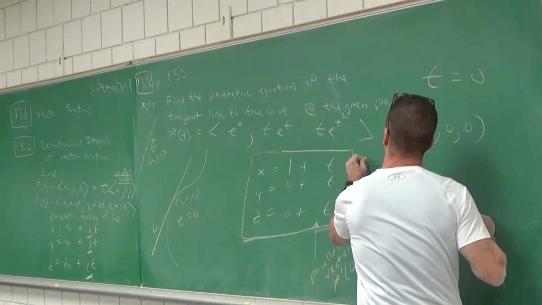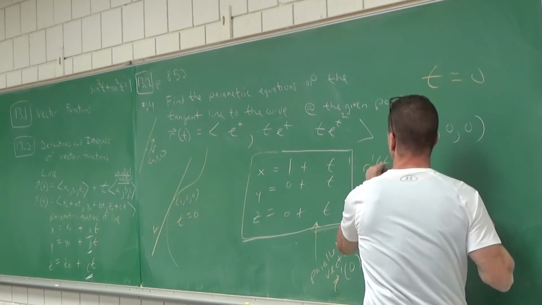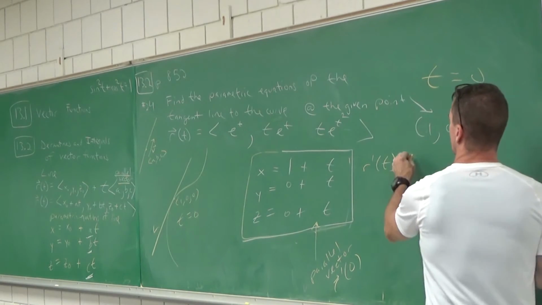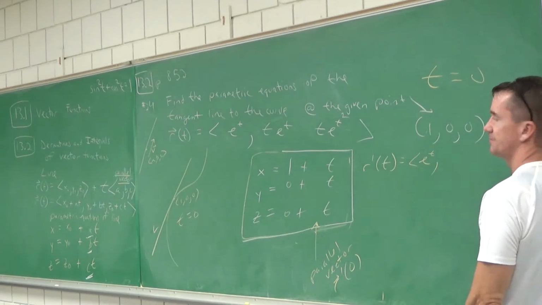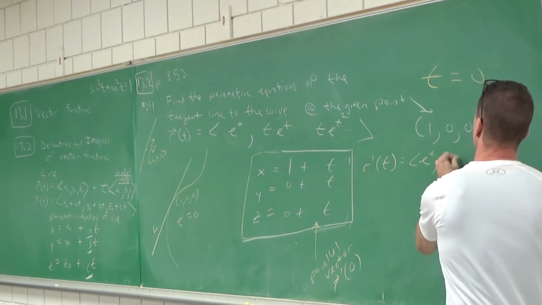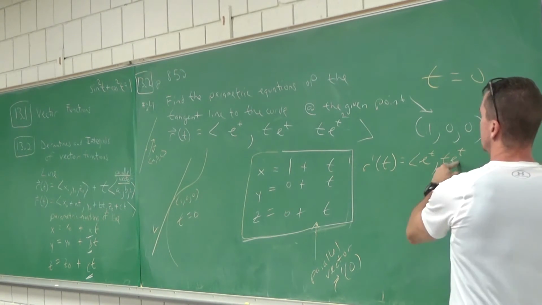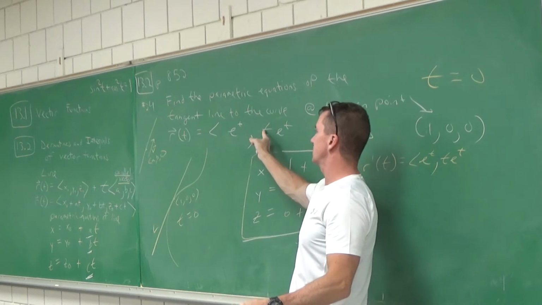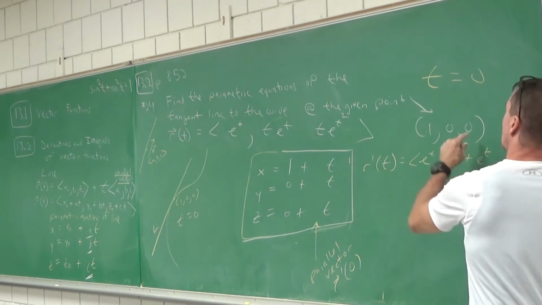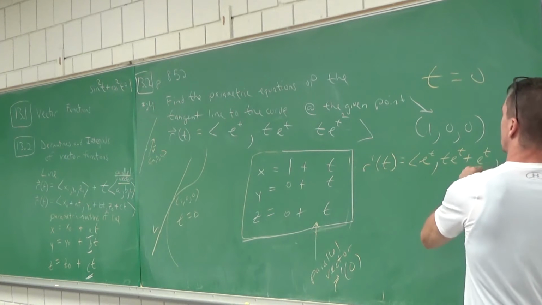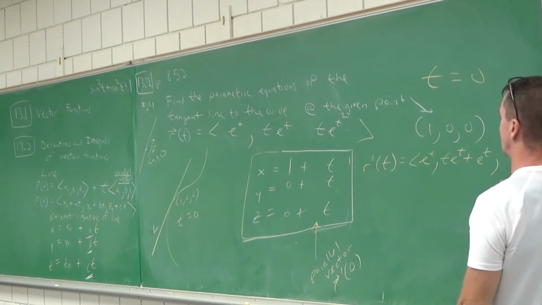All right, what's r prime of t? You gotta do that first. E to the power t. Derivative of e to the t is e to the t. What's your t times e to the t product rule? So t e to the t plus 1. First times derivative of the second, plus the second times derivative of the first. So t times e to the t, plus the e to the t times a 1. Yep. And, okay, be careful on this last one.